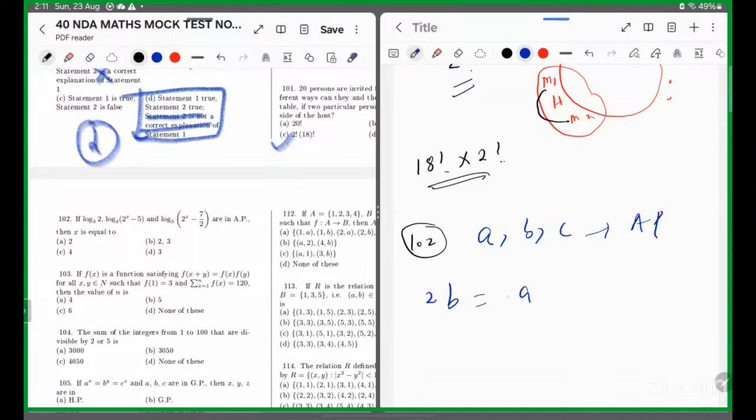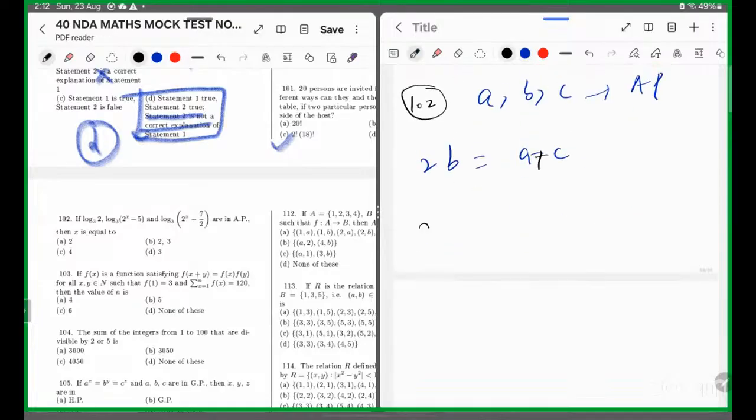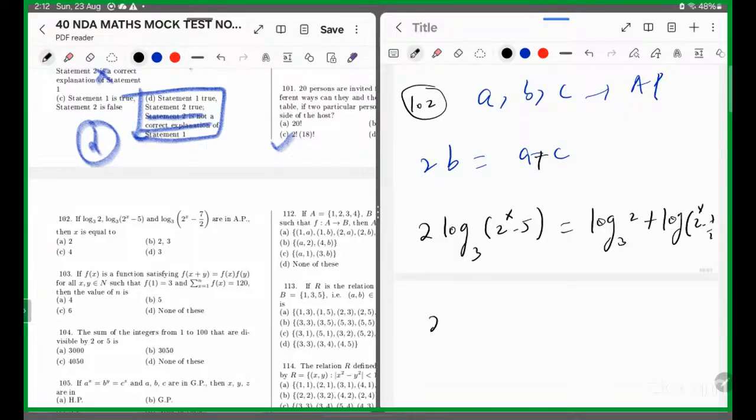A+C। 2B बराबर A+C, हम ये यूज करेंगे जल्दी। क्योंकि अगर फॉर एग्जाम्पल हमें 3 पुट किया, फिर अपने को 2 भी चेक करना पड़ेगा, इसलिए सीधा हम यही सॉल्व करेंगे। तो 2B अपने पास है log 3 2 4x-5 इज इक्वल टू A+C। तो ये आएगा log ये 3A2 प्लस log ये 2 4x-7/2। इस 2 को ऊपर लेंगे तो क्या आएगा? 2 4x-5 का होल स्क्वायर। ठीक है।